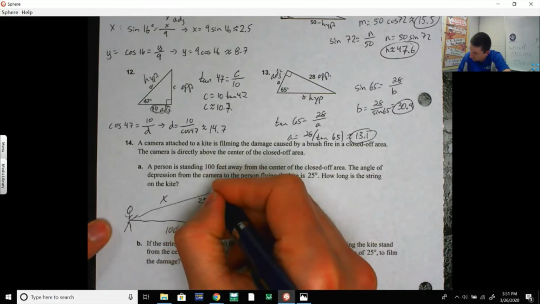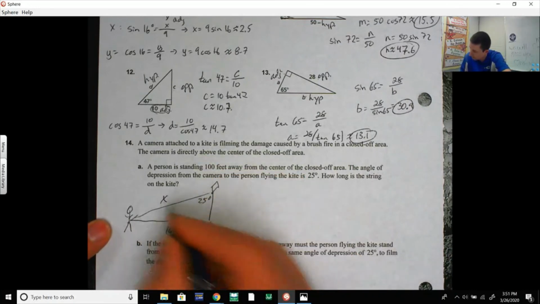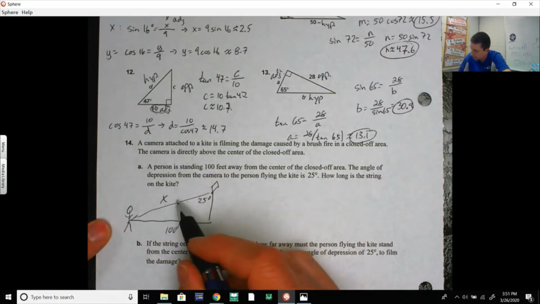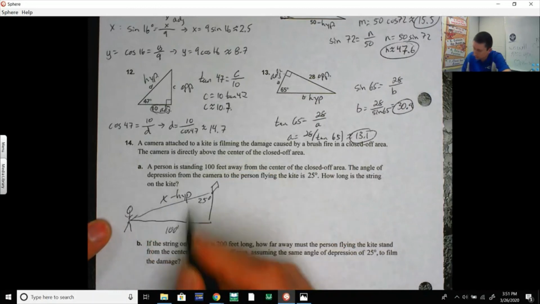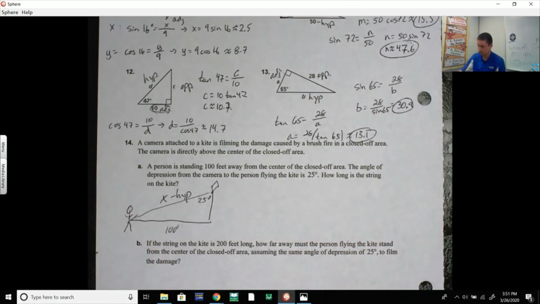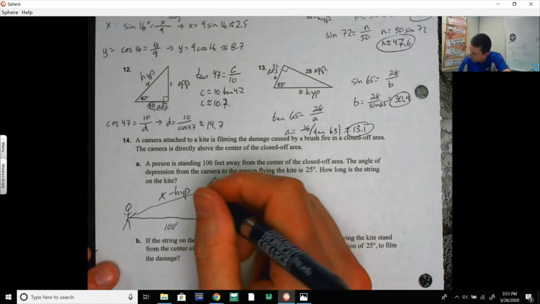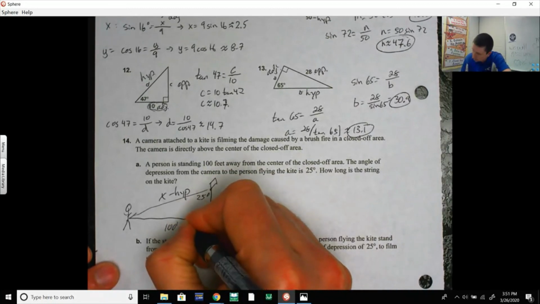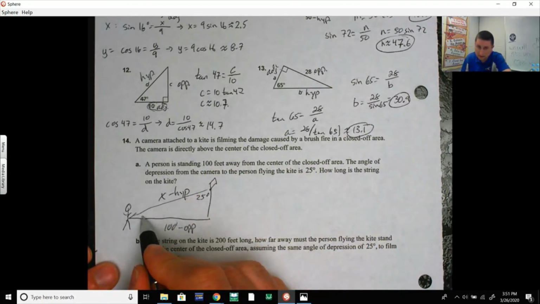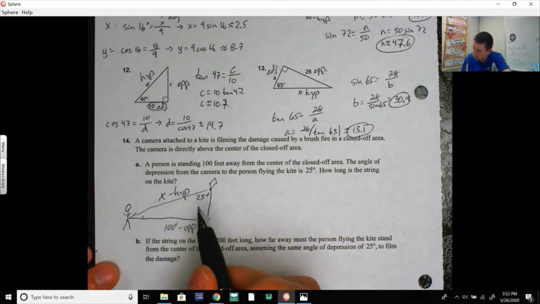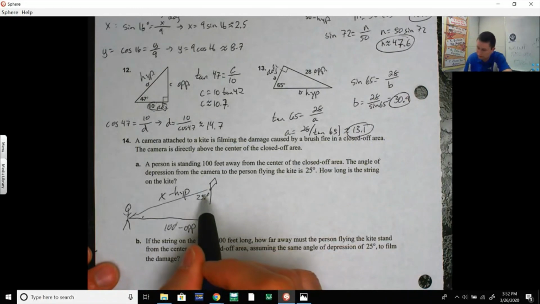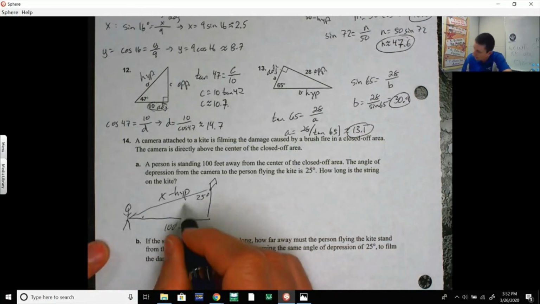So this is your kite up here. They want to know x. So they want to know the hypotenuse. And the part that we know is the opposite. Now keep in mind you could find this angle down here and then use cosine. Okay, this is not drawn to scale because obviously that is not 25 degrees. So opposite and hypotenuse,